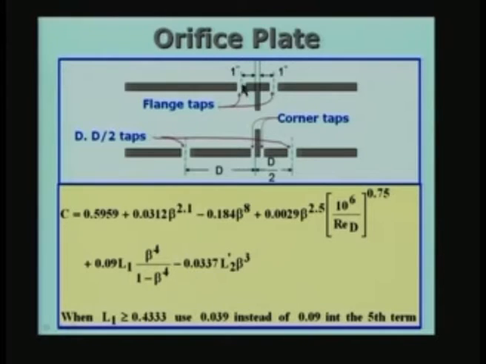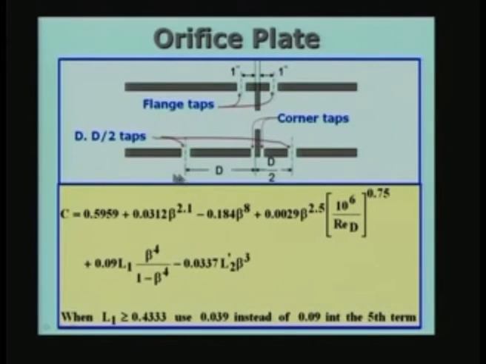If I look at this, these are called the flange taps. Why is it called flange tap? Because the orifice plate is going to be assembled as a thin sheet of material with a small hole in the center, which is going to be held between two flanges, and the two pressure taps are very close to the flanges. So they are called essentially flange taps. This is 1 inch and 1 inch. If you want, you can take it as 2.5 centimeters and 2.5 centimeters in the case of the SI system. So this is one arrangement. You measure the delta P between the two flange taps as is shown.